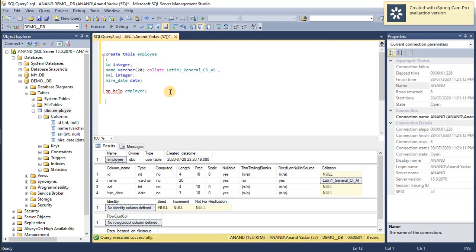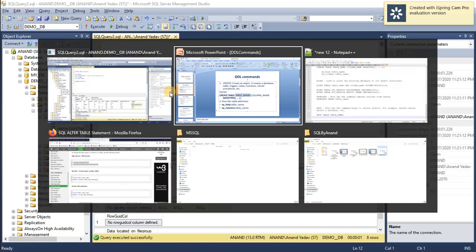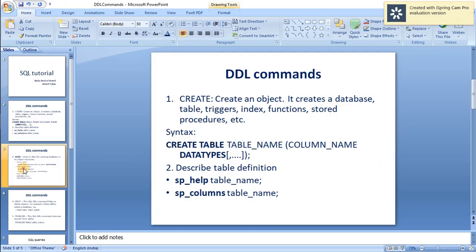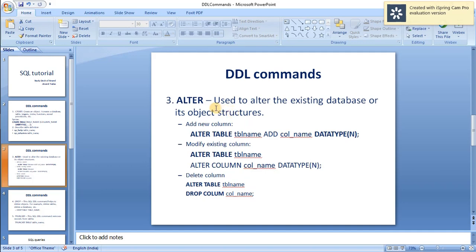Now the table is created and we realize that we missed one of the fields from the table, that is address. So how should we modify our table definition to add a new column? For that, if you see my slide, we use the ALTER keyword.